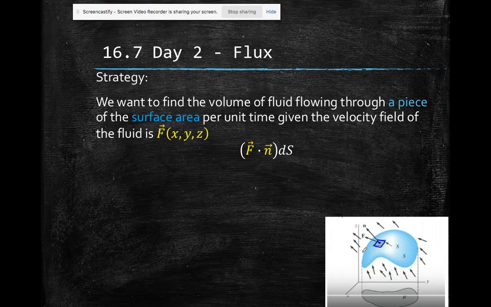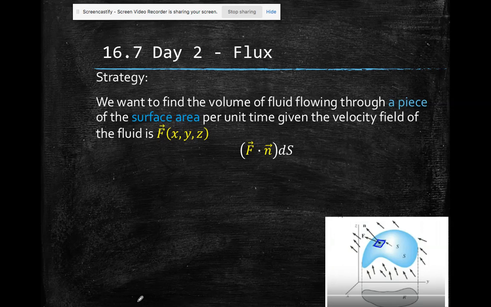There would be no crossing of that surface boundary. But if F dot N is not 0, then the value of the dot product tells you the proportion of the field that is in the